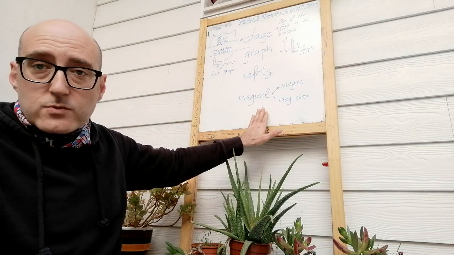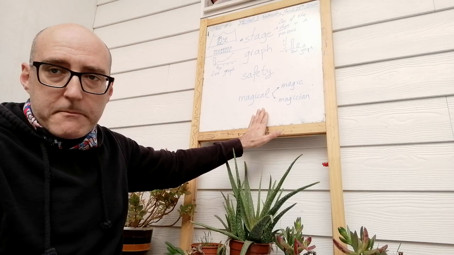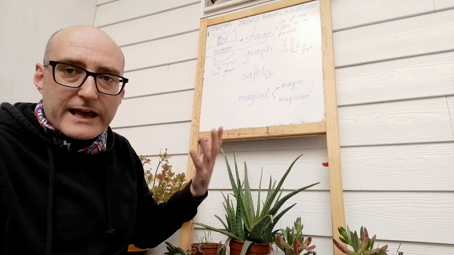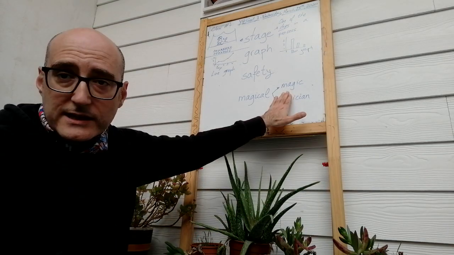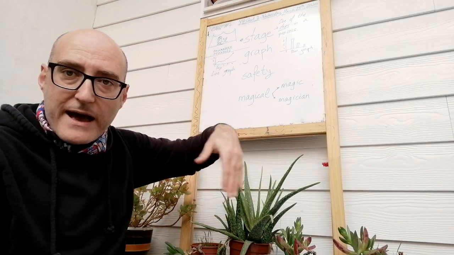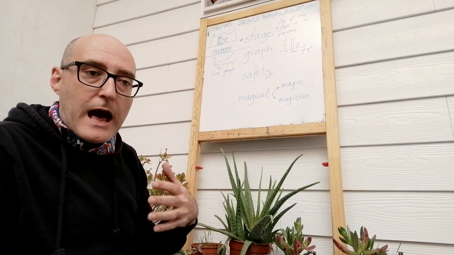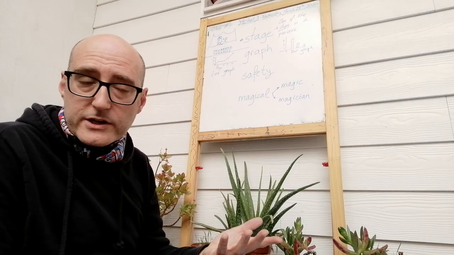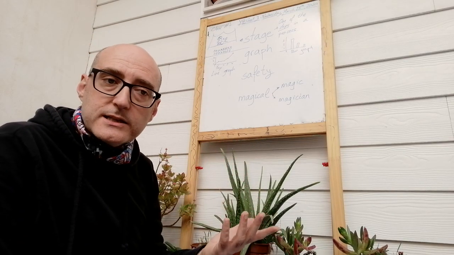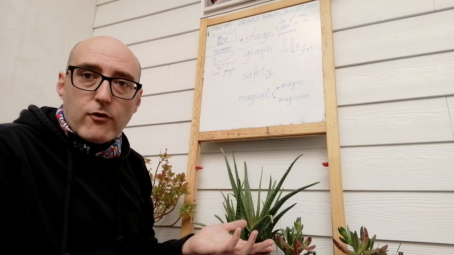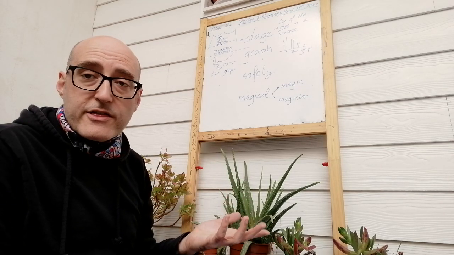And finally, the last word is magical. Okay, magical is an adjective. Okay, so if you like magic, you practice magic, then you are a magician, is the person that does magic tricks. Okay, so magical will always have a noun after it. So it's a magical night, it's a magical performance, it's a magical thing. All right.